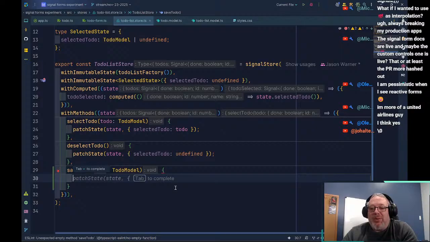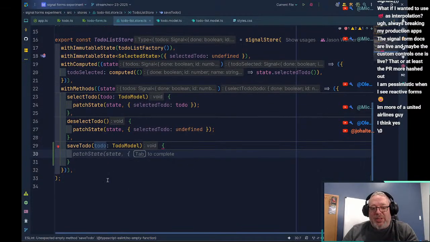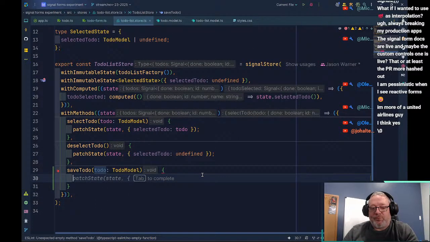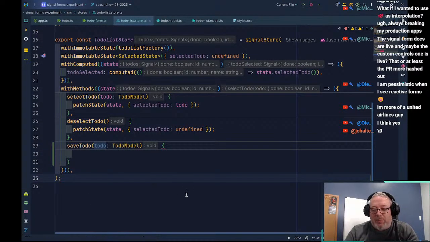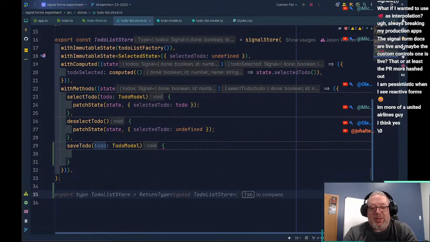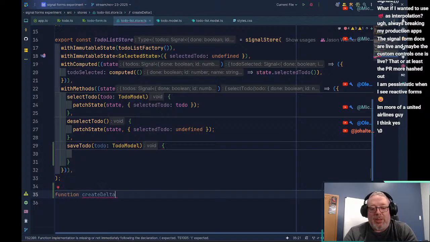Because what we want to do is, I don't have a server set up here. I was going to show, we could open up two windows and show the edits taking place. But instead, what we'll do is we'll create our delta. So what we need to do down here is we need a function. So this will be function create delta, and this will take in